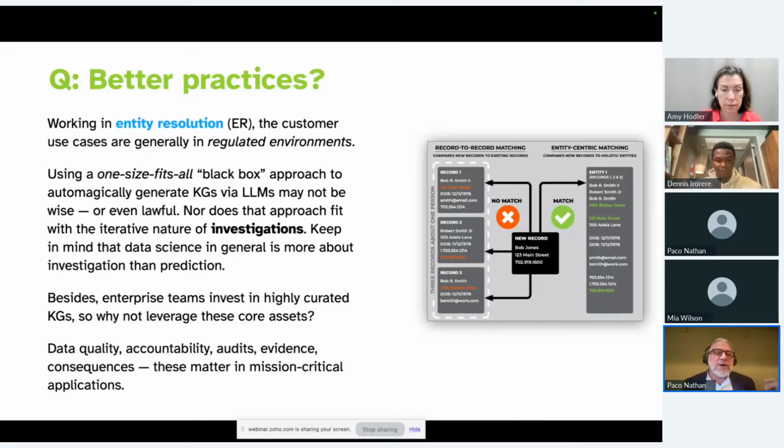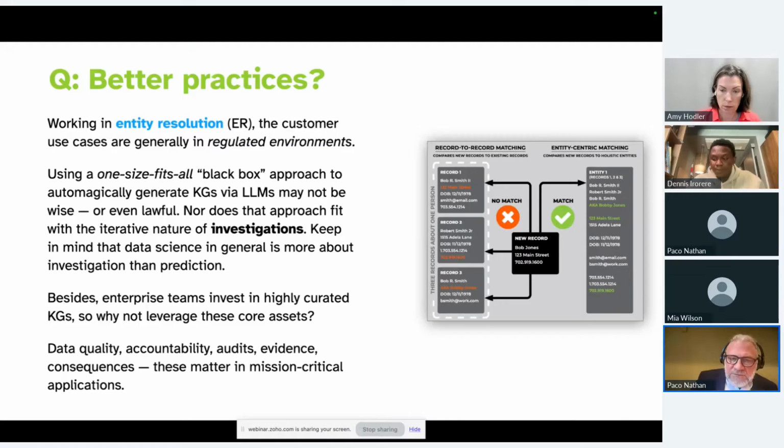And so a point that I want to bring out is that when you're doing work in investigations, there's usually a kind of iterative nature to it. You don't just build a graph all at once automatically using an LLM. Instead, you're probably curating what goes into that graph. You probably have oversight, and you probably also get a lot of the data that's going into the graph. You get it in tranches. When you're doing an investigation, you'll do some work, you'll go out and do some more investigation, bring in some more data, get some better insights. You just keep iterating on that. And I would say that data science in general is much more about investigation than it is, say, about prediction. This is kind of the nature of what we're doing with graph data science is investigation.